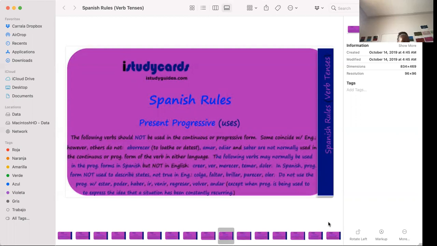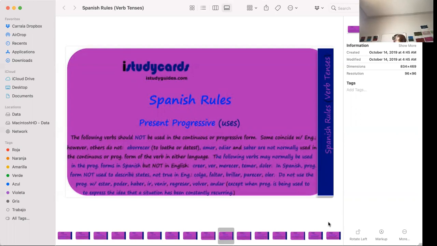So with the verbs aborrecer, amar, odiar, and saber, in neither English nor Spanish do you use the progressive, continuous form or the present participle. However,